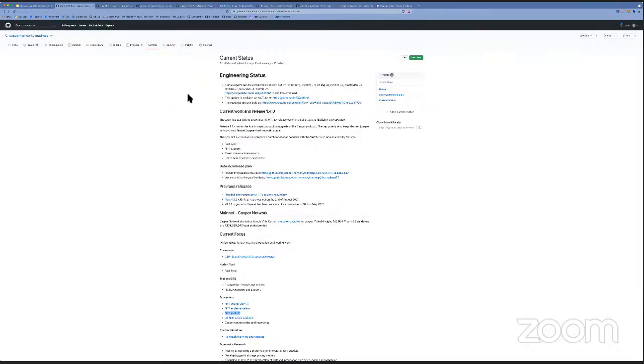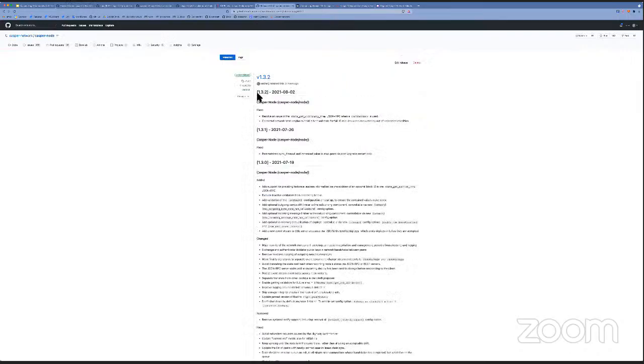If this goes successfully, I got our estimations from the SRE team that around Thursday, 1.3.2 will be activated on testnet, and then we will leave it about a couple of days there just to make sure that everything is working smoothly. If you are interested in the exact changes that we made, you can go to our release page in the Casper Node repository.